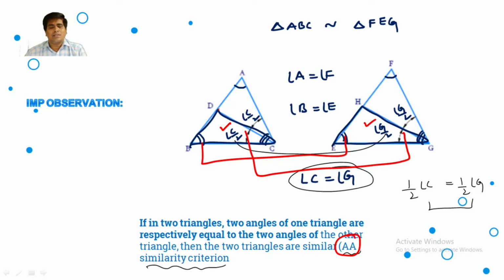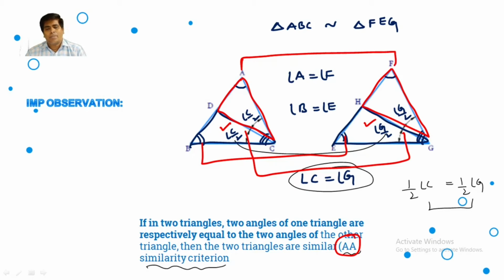Next, I am taking these two triangles above the BCD triangle, that is the ACD triangle. This is the FGH triangle. If you look at these two triangles, clearly angle A and angle F are equal. Means one angle is already equal. Already we discussed angle C by 2 and angle Z by 2 are equal. By angle criteria, we can say that these two triangles are similar. So this is a very important observation. Keep it in mind; based on this, we can solve the question now.